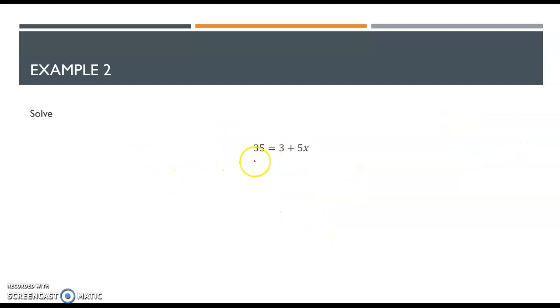All right, so this one, same thing. It's just we reversed it. Our variable is on the right-hand side instead of the left-hand side. I still want to make my constant 0, so where this is a positive 3, I'm going to subtract 3